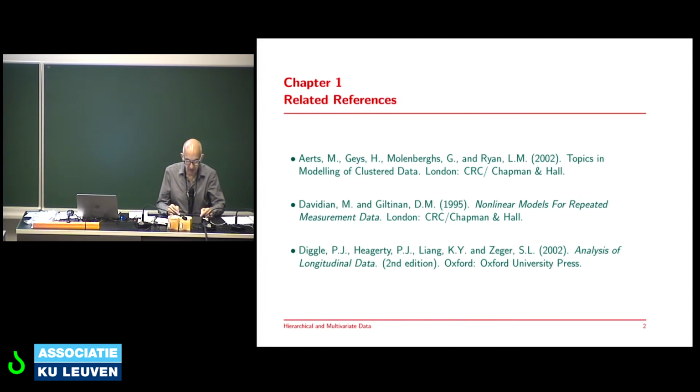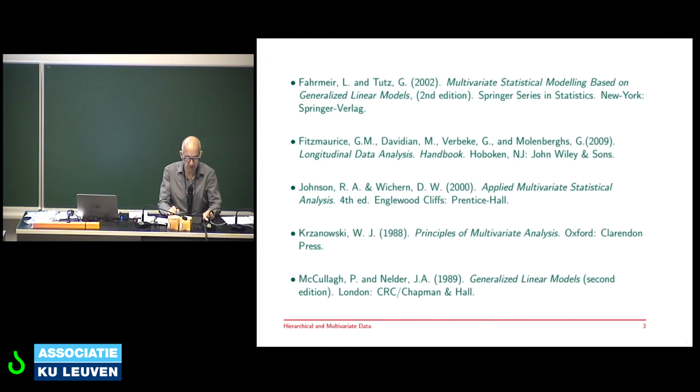Then we have Diggle, Haggerty, Liang, and Ziegler, a book that provides a broad overview on the field of repeated measures, including continuous and non-continuous repeated measures. So that book is sometimes relevant as background reading for the later parts of the course, not really the multivariate part. Farmeyer and Toots is a book on